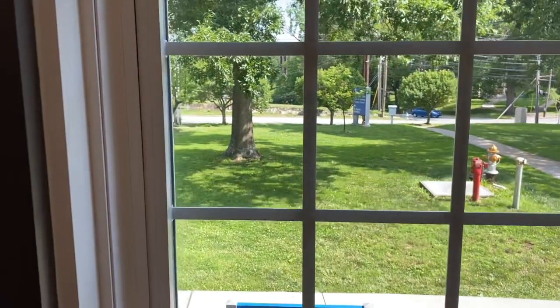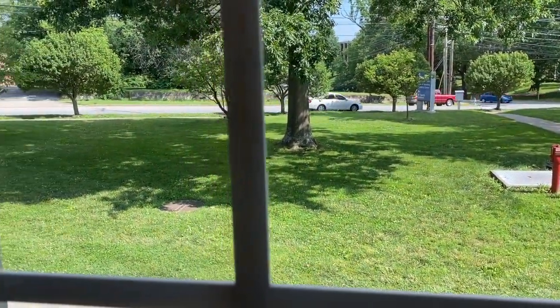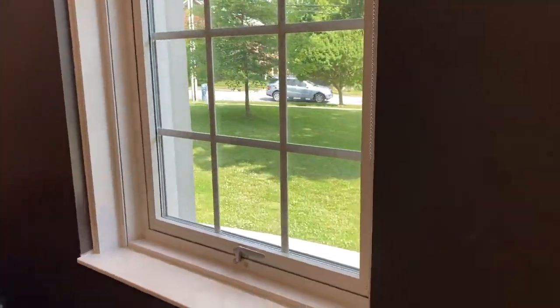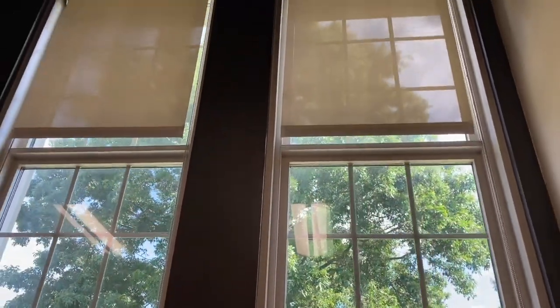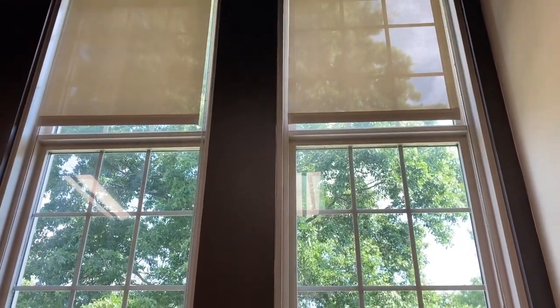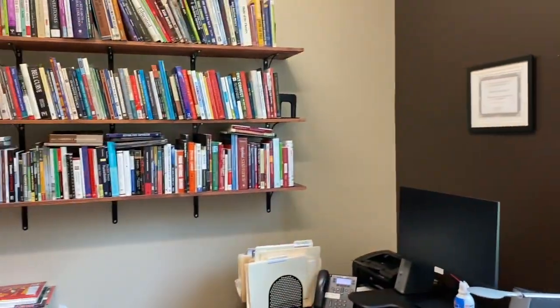And here's the outdoor. This is the view. And then I never adjust these for the sunlight or whatnot, but I guess I could do that. So that's a tour of my